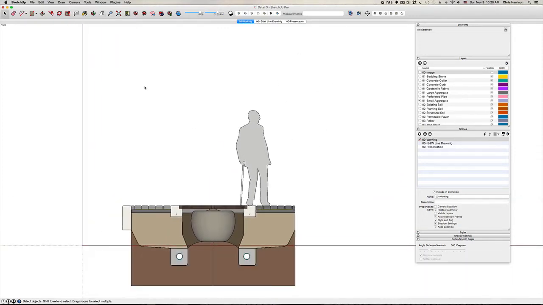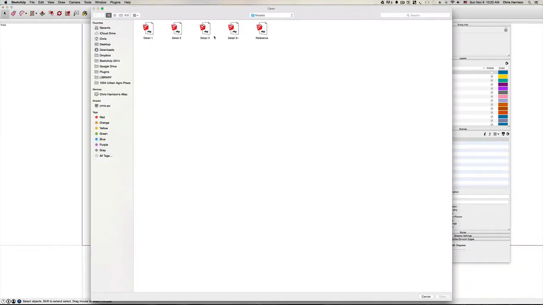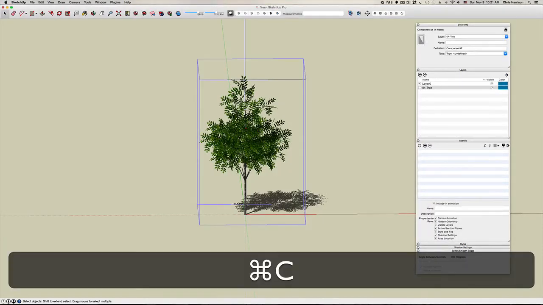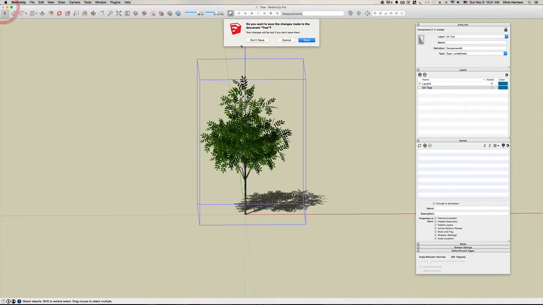Now I'm going to try to bring in that tree again. I'm going to open and go into SketchUp and then those components and then that awesome tree. And it's on the right layer. I'm going to copy, close it out,